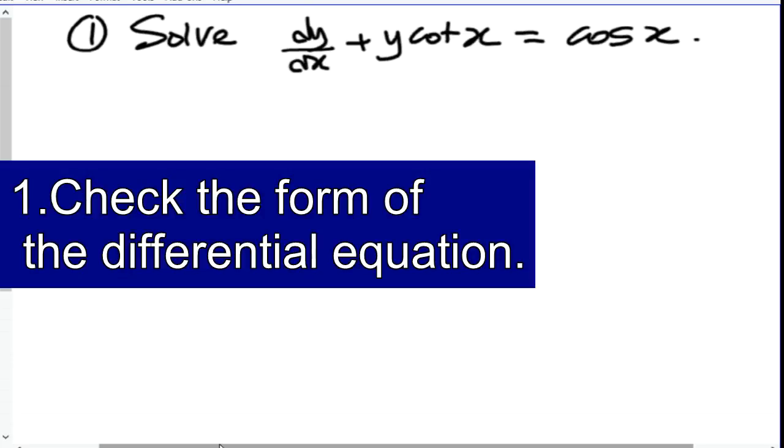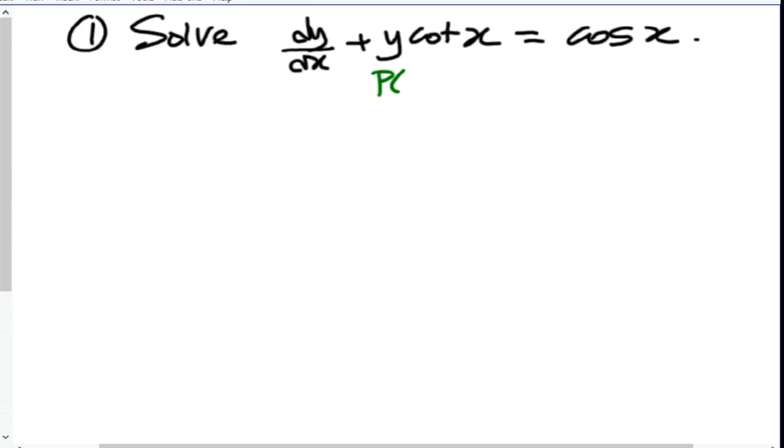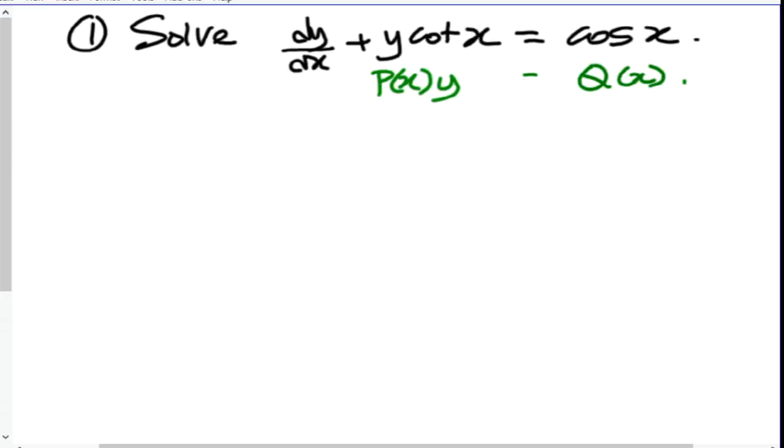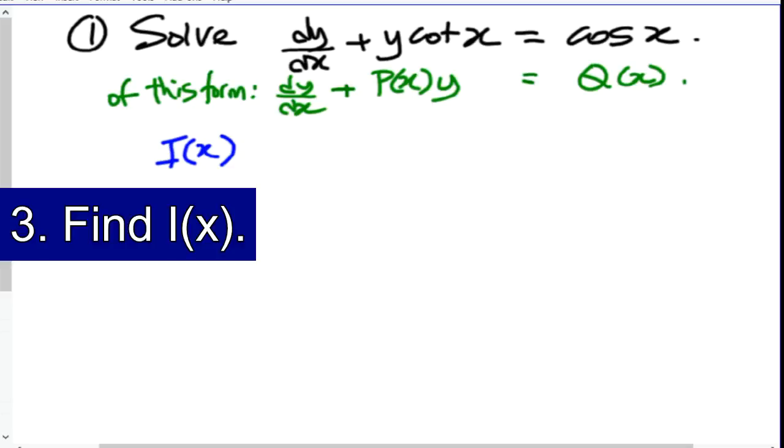Right? So this is in the form of dy/dx plus p of x times y, where cotangent x is p of x, and here is my q of x. So this is of this form. All right, so my integrating factor, in this case, let the integrating factor be e to the